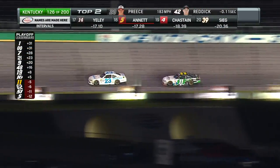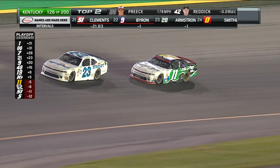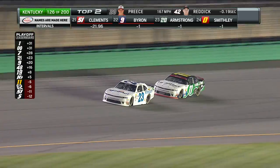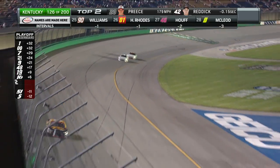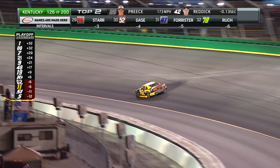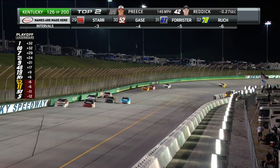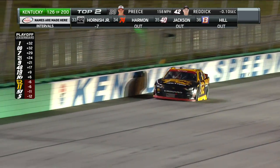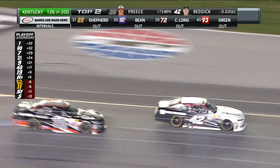We show you Blake Cook because on the playoff leaderboard, he is currently in the out position. 3 races in the first round, but as they run, he, Brendan Gaughan, Jeremy Clements, and Michael Annett are the 4 drivers in the worst shape. Yeah, Blake Cook, they were hoping that they could come here, run in the top 10. They told me that they felt like in this first round that next week at Dover is their best opportunity to have a really, really solid showing. So if they could just kind of hold serve here, have a good run,